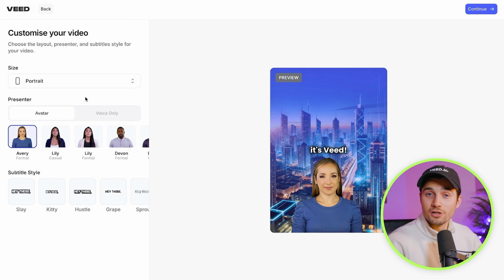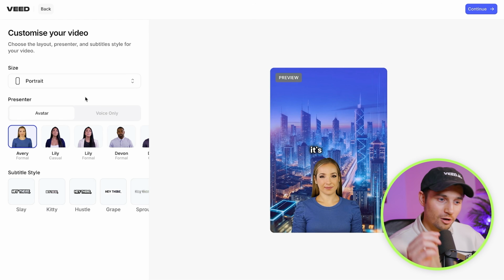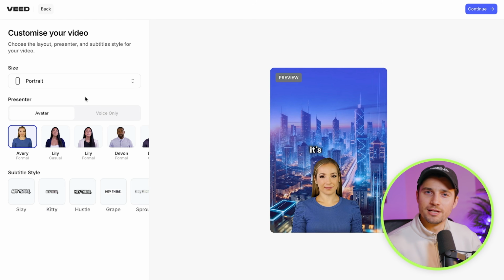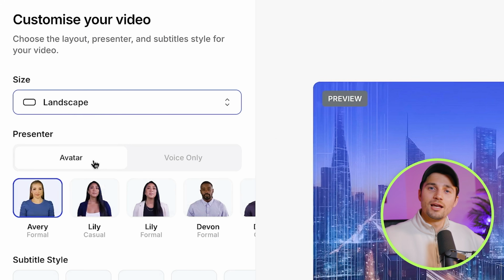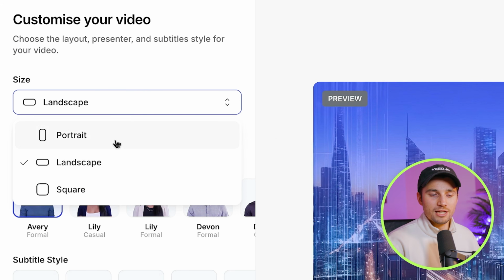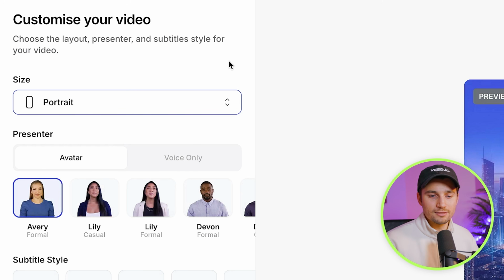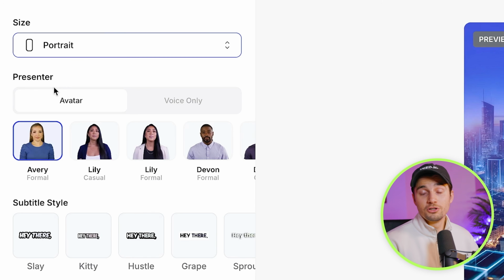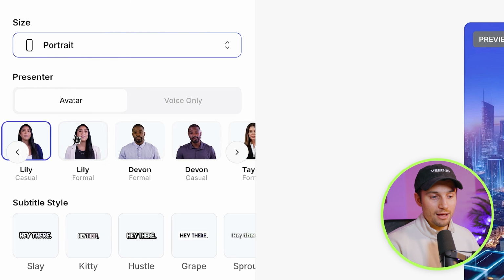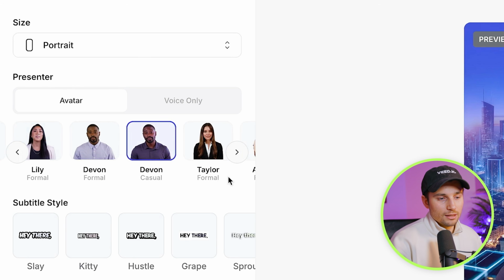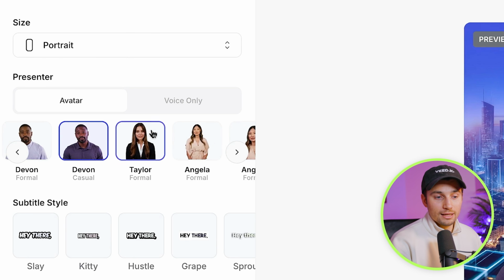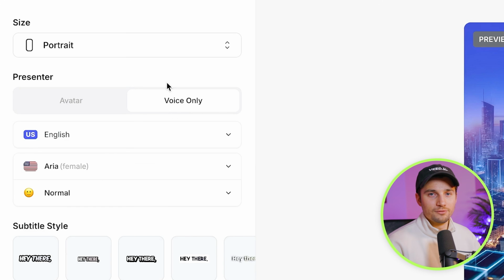So as I said, this tool is going to completely create your video, but beforehand, you can do some customizations just to make sure that it's aligned with your style. So for instance, you can choose the size. So do you want to have it in landscape or do you want to create snippets for, let's say, YouTube Shorts or TikTok? You can do portrait. You can also choose a presenter. So let's say you want to have an avatar that basically does the narration for you. That could be really fun. In this case, I would choose voice only. I think that fits the narrative a bit better, but you can choose either or.